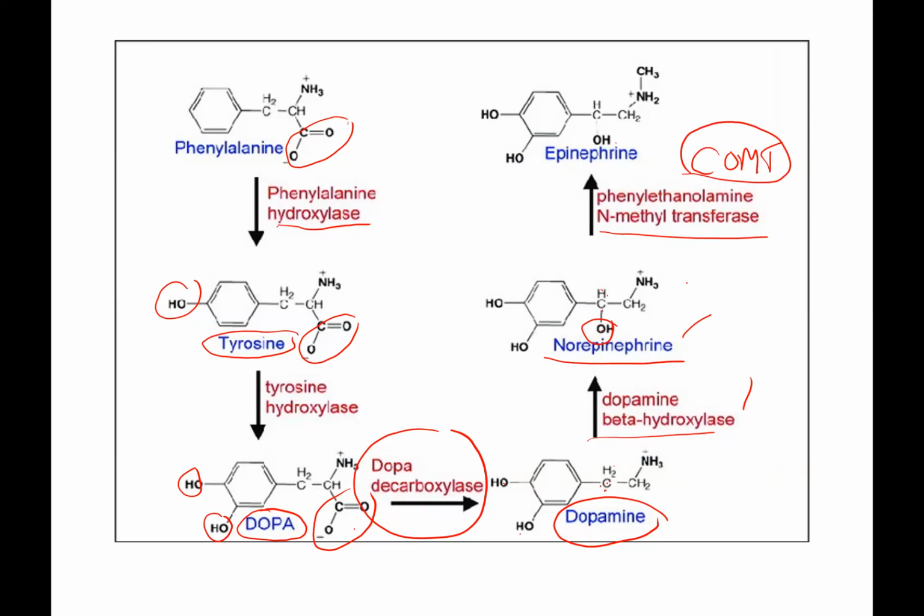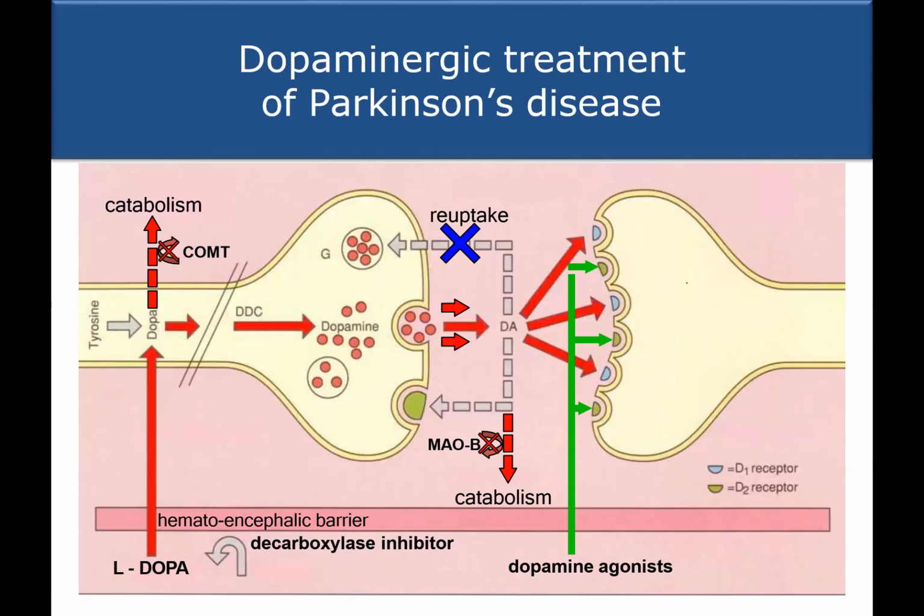So you can manipulate the level of dopamine by various mechanisms. How can I do that? I can stop the dopamine from catabolism by using MAO inhibitors. I can stop the reuptake, or you can use COMT inhibitors against the catabolism, or you can use L-DOPA supplementation, which is converted, tyrosine into DOPA, DOPA decarboxylase, dopamine. So we have COMT, DOPA decarboxylase, L-DOPA substitution, MAO inhibitors, reuptake stimulators